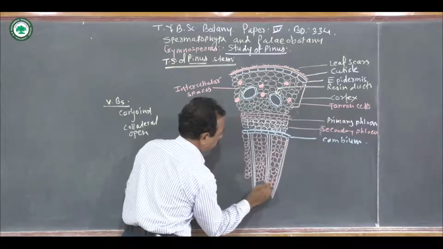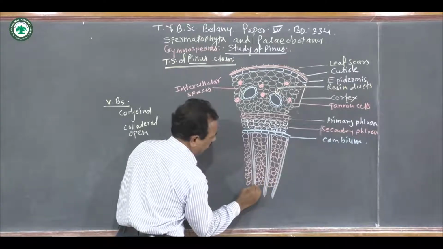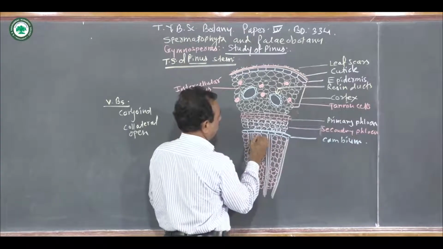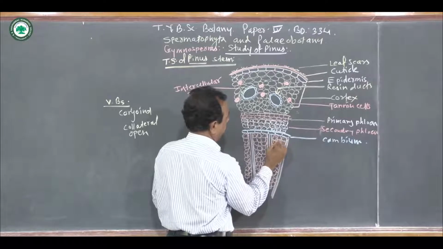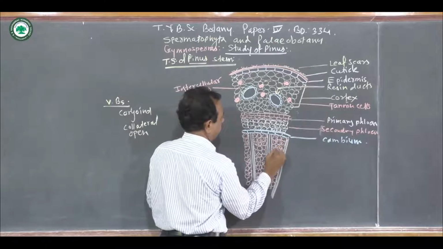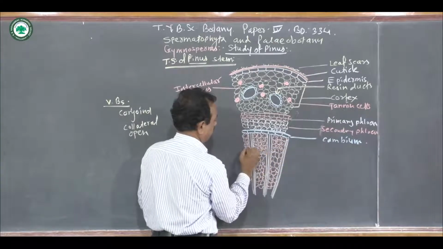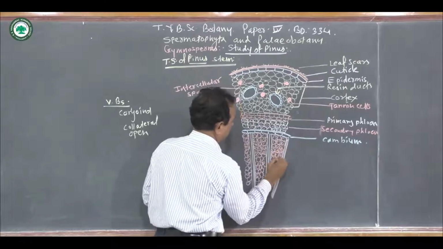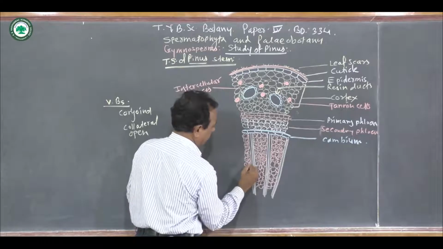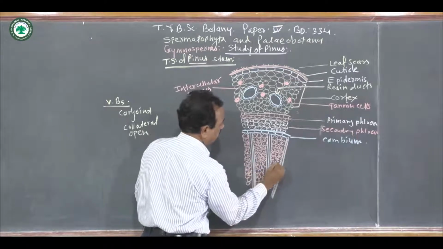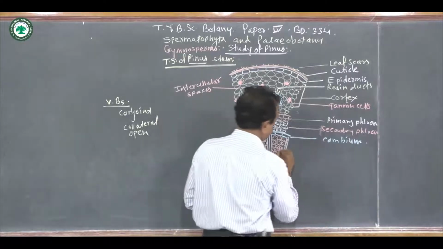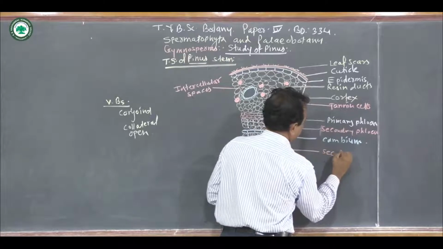Cells are polygonal in shape, compactly arranged without intercellular gaps or intercellular spaces. So this is the secondary xylem. It does not show the presence of intercellular spaces, as the cells are compactly arranged, polygonal in shape. So this is the secondary xylem,